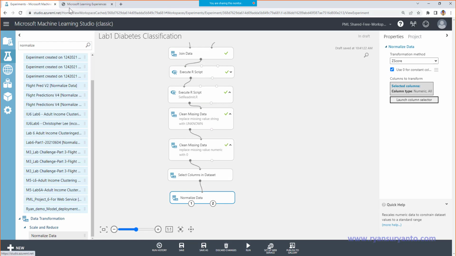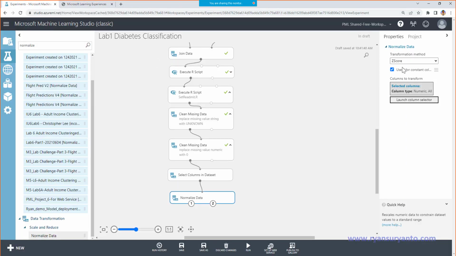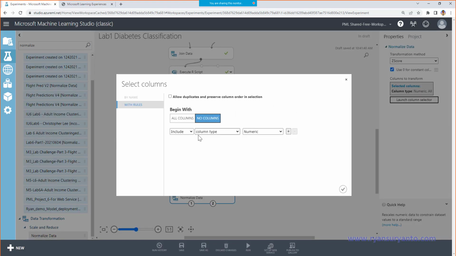So look at what you want to normalize. We want to use a z-score and then use 0 for constant check. So we start with no column, include column names.